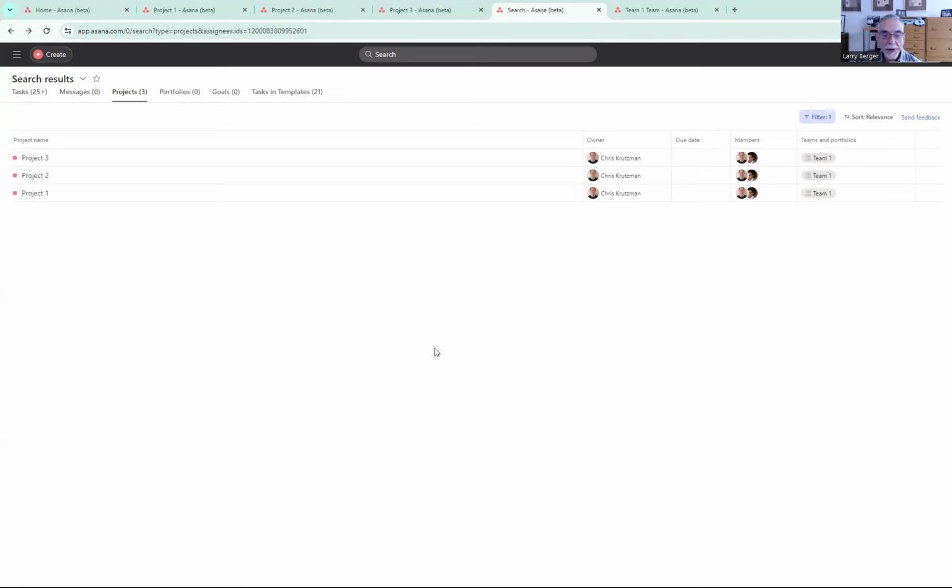And the other new feature is that Teams feature that I mentioned, where teams can be project members. That's another powerful change that's expected in the next months that I think necessitated this change here.